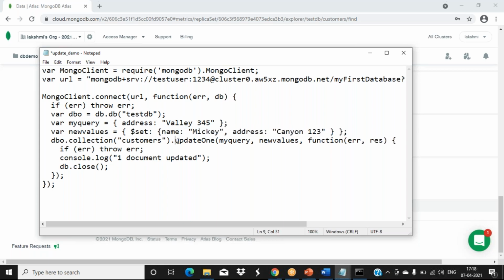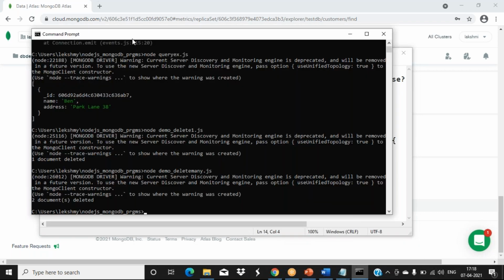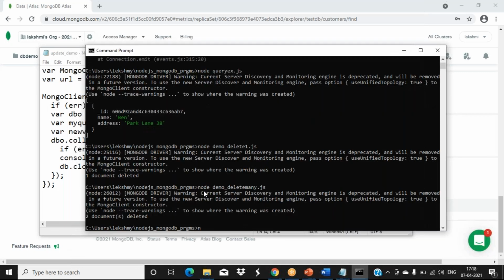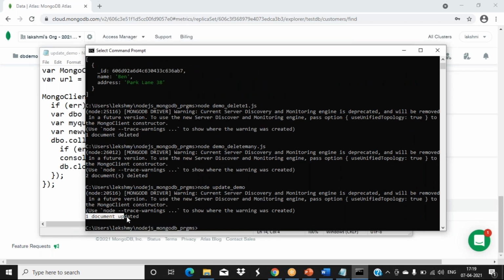For a single document only, we are using update one. In that, first we search for value 345. If it is found, then we change it with the new values, that is this content. In that function we have used the error type of this. That's it. Now it will show the message that one is updated. So one document is updated, that message we got.